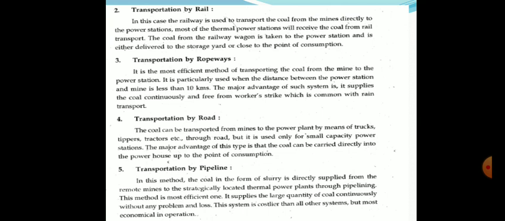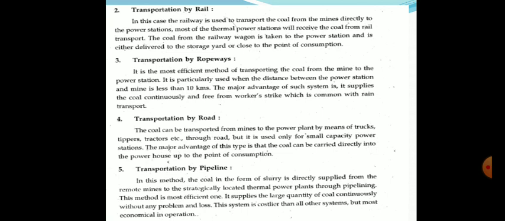Transportation by rail. In this case, the railway is used to transport coal from the mines directly to the power stations. Most of the thermal power stations receive the coal by rail transport. The coal from the railway wagon is taken to the power station and is either delivered to the storage yard or close to the point of